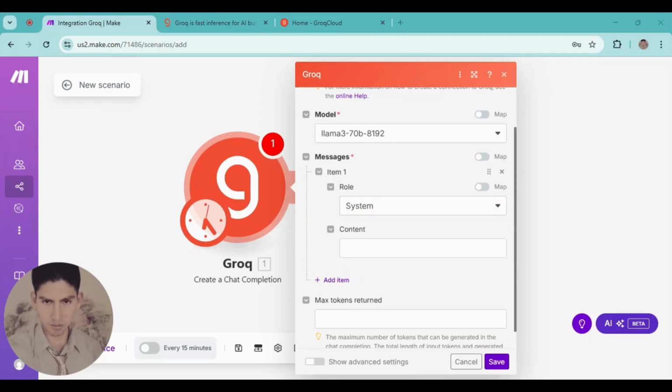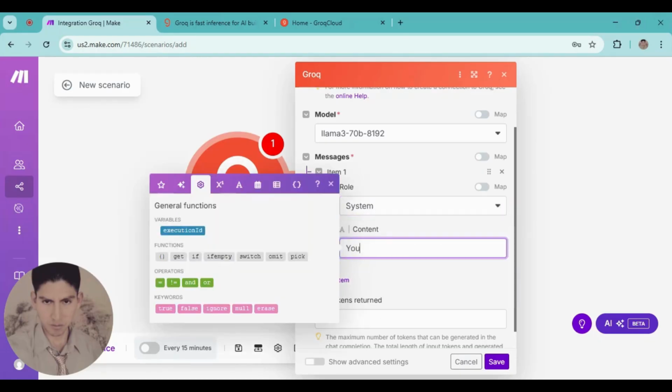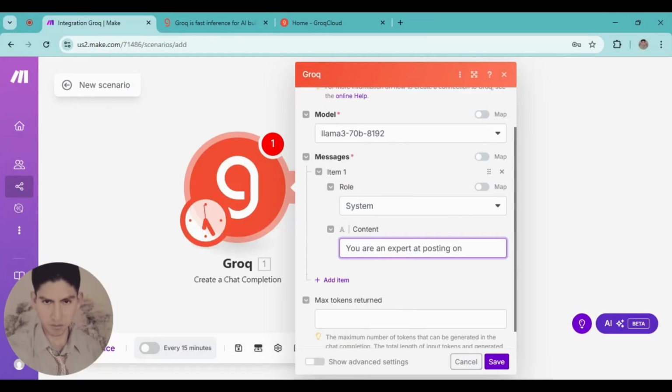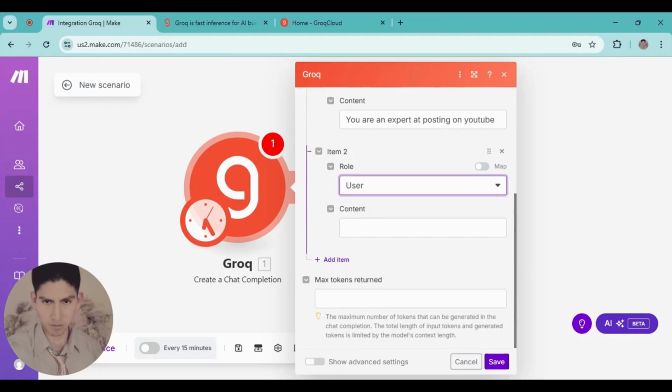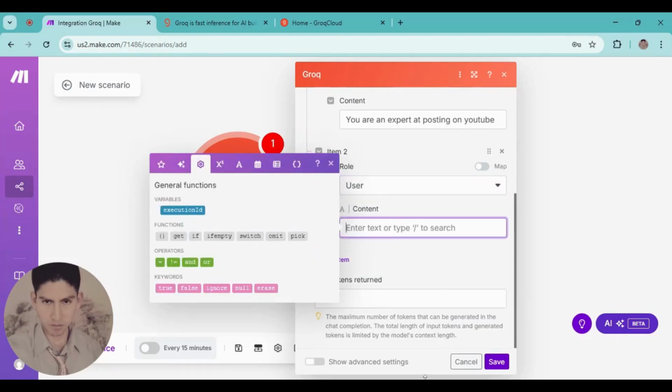I'm gonna create an example here. Okay? I'm gonna create a content. And the user. And here, I'm gonna write something like